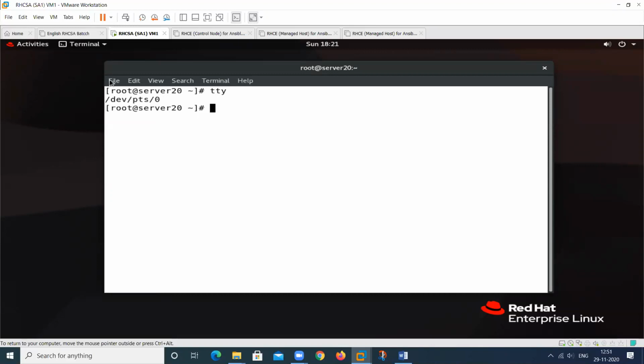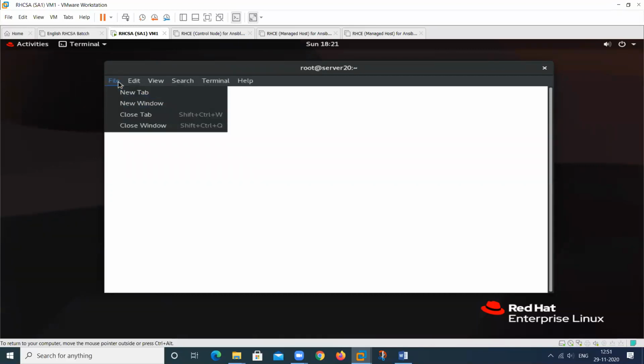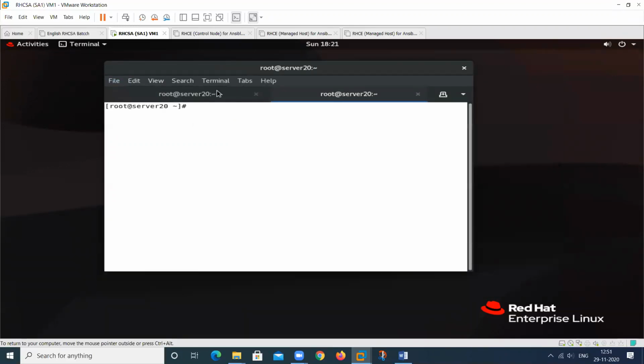When we open another, go to the file menu. In this menu, select new tab. So at this time, there are two tabs available, this one and this one. Type here tty. This will show me the other one. So we can open more than 6, just like we can press Control Shift T, more and more. Then type here. So this is 9. So we can open multiple virtual consoles. So these are about the virtual console.